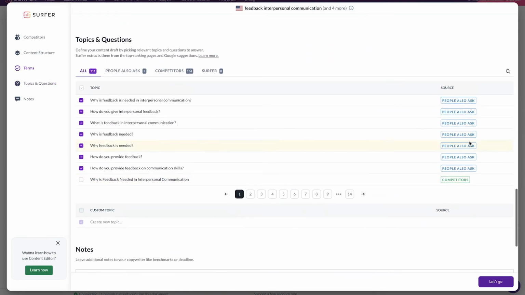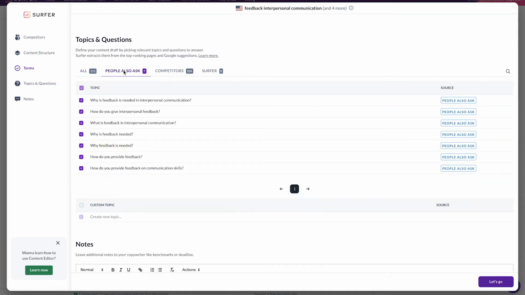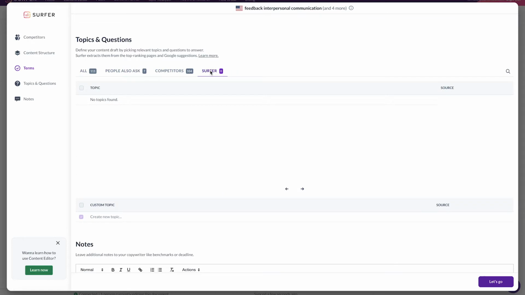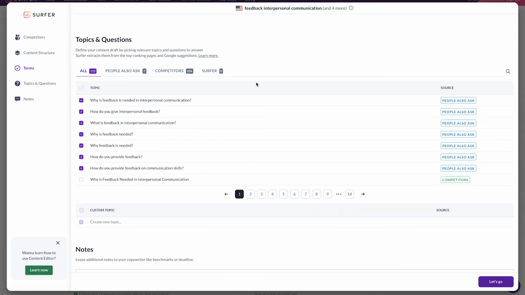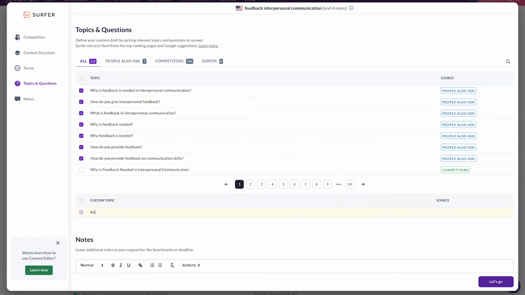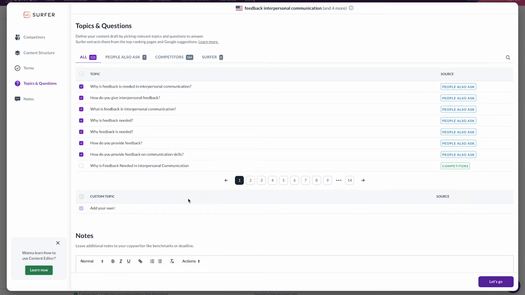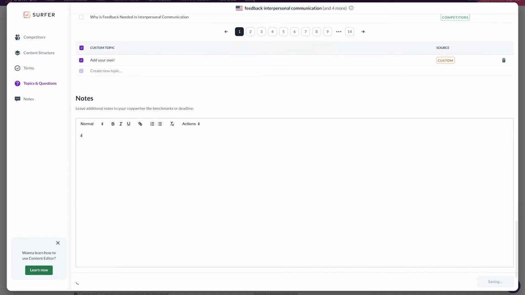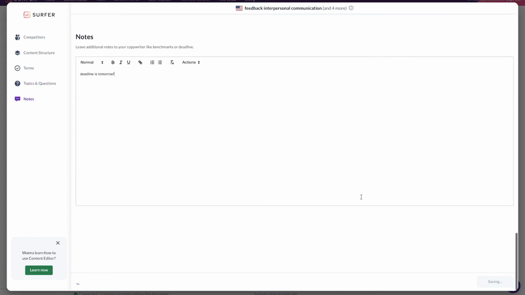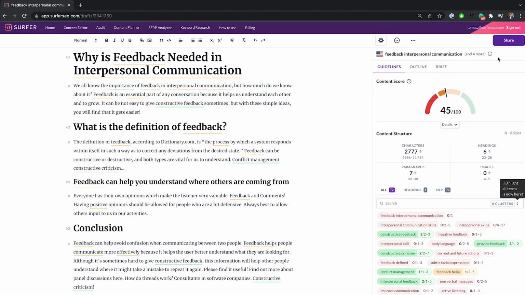In the topics and questions area, there are 3 main sources that we pull from: Surfer's database, competitors, and the People Also Ask section. You can also add your own if you want. Lastly, there's a section where you can leave any notes. So you can leave things like deadline specifications or the target audience brief that you want to communicate with your team. So now, how do you share all this